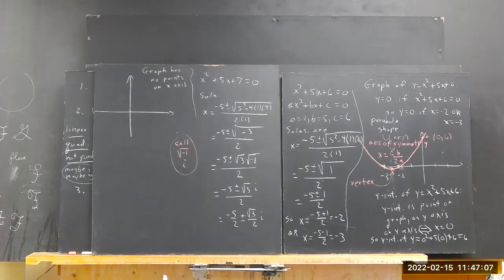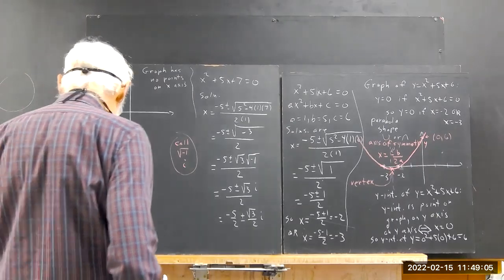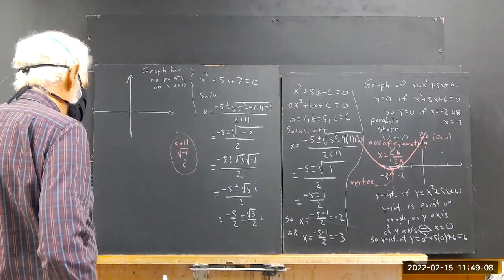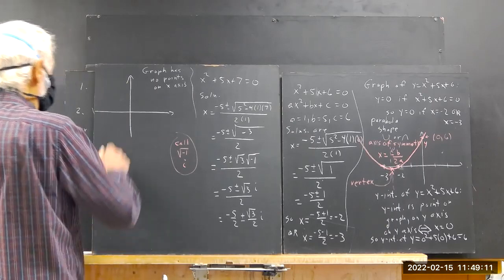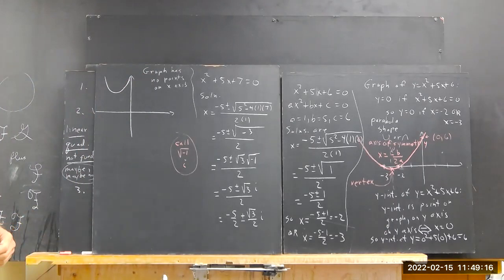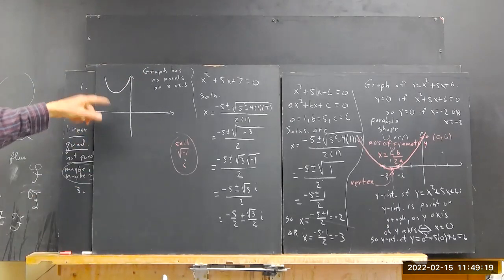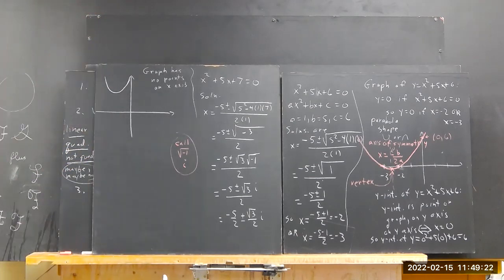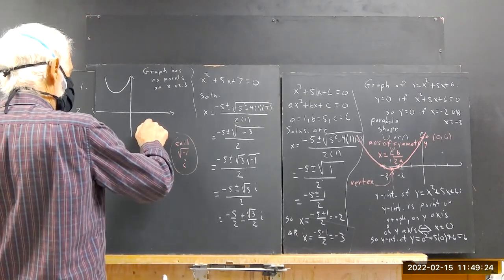Now, can you draw me a parabola that has no points on the x-axis? Sketch me a set of coordinate axes and sketch me a parabola that doesn't go through the x-axis. Okay, so I've seen a variety of solutions. One is that the parabola would be above the x-axis, okay? So it never hits the x-axis, just keeps on going up, right? Now, if you draw one down here like this,